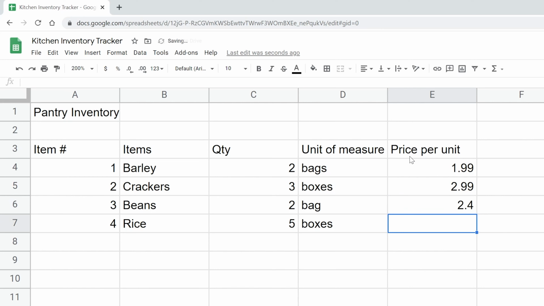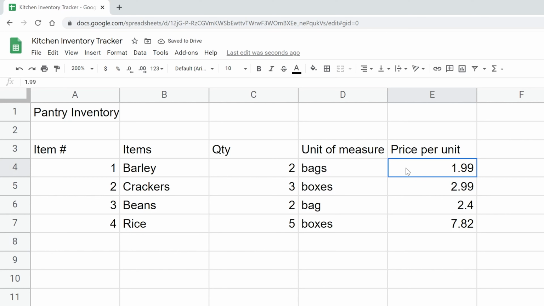And you'll notice something happened here. So when I put in $2.40, it decided that I didn't need the last zero because it didn't add anything to the number. 2.4 is the same as 2.40. We're going to come back in and style the numbers in this column so that they all have the same amount of decimals. So let's just put in the last dollar value. Let's say $7.82. Expensive rice for some reason.